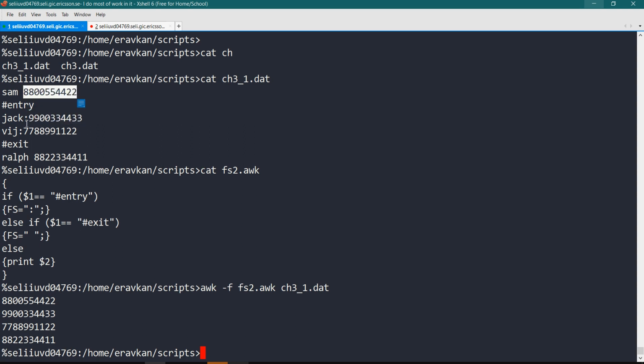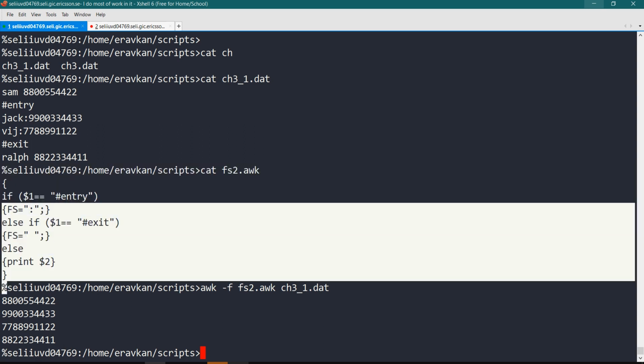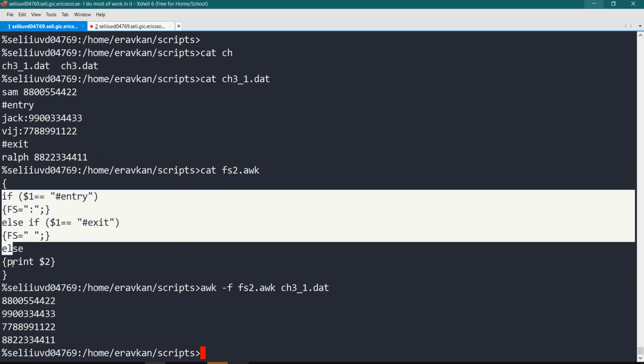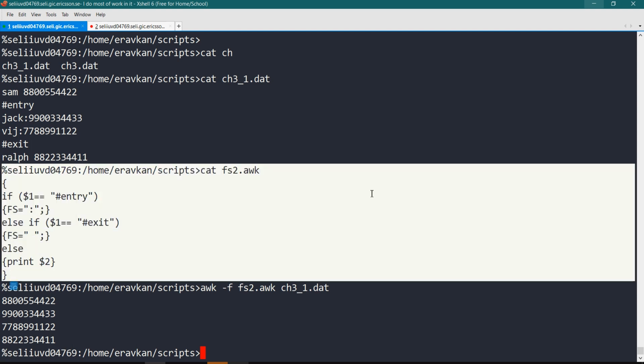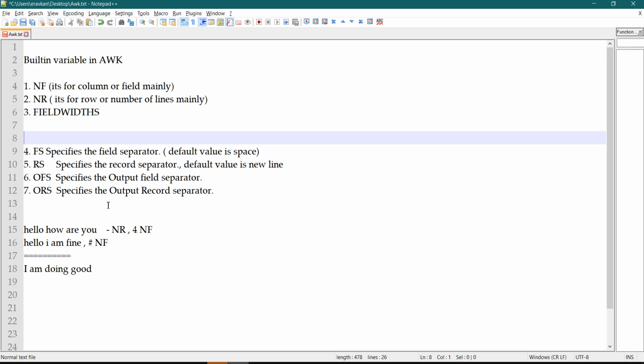So I am able to extract the phone number from this file depending upon what was present in the file. So in this way I can write dynamic content, and on the basis of the value I can specify the field separator. So here you are able to understand one more concept of how I can use the if and else with my awk statement. So I hope this is clear to you now.